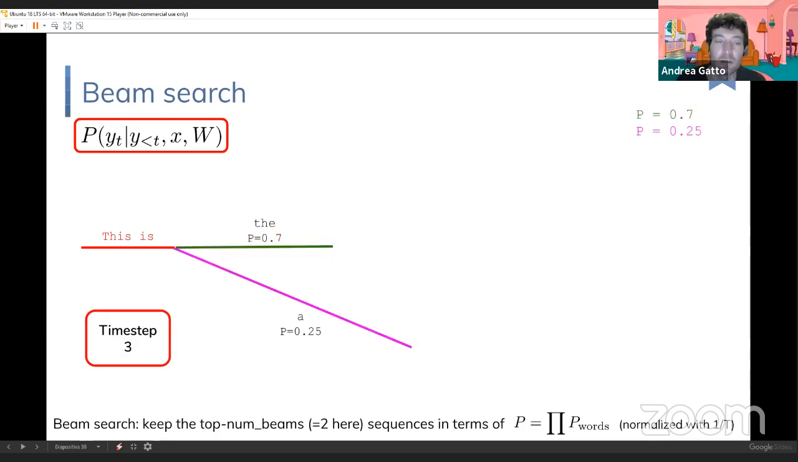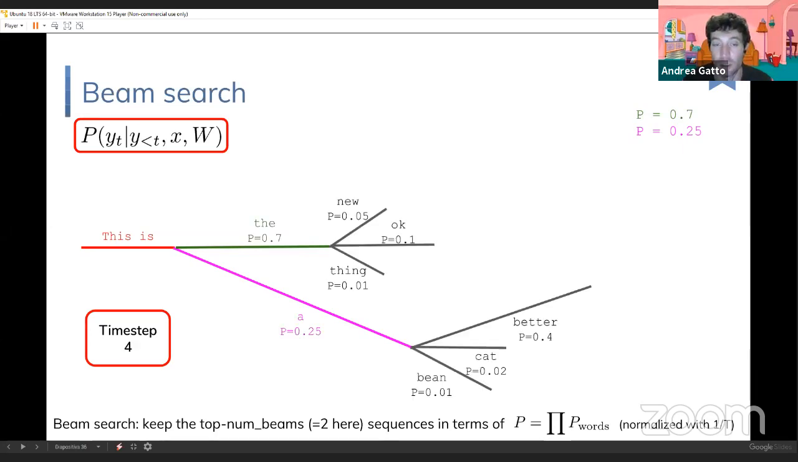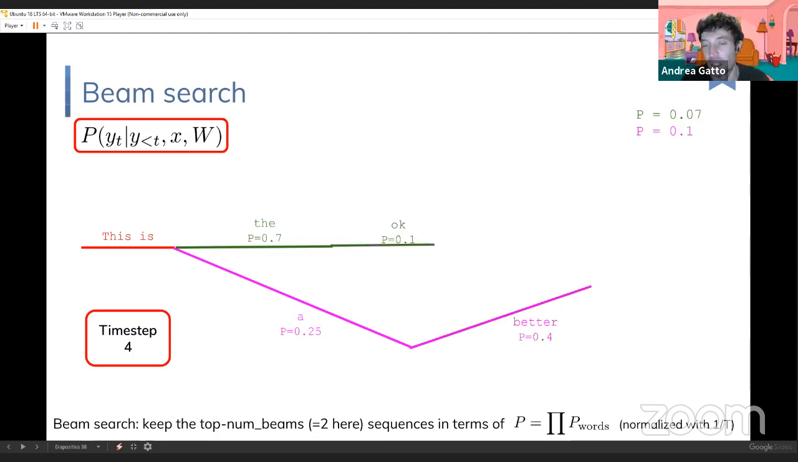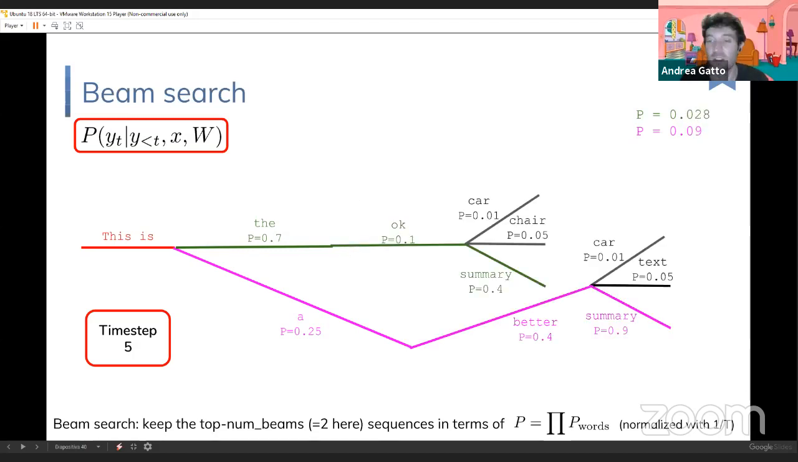And for this reason, we use beam search, which is exactly the same as before, because in fact, greedy search is a special case of beam search, but we no longer follow one single path, we follow a number of paths that we decide. So in our case, it will be 2. So we generate text for all these beams, for all these paths. We keep track of the sequence. So in this case, we are no longer maximizing the probability of the word that is generated, but we are maximizing the probability of the sequence, of the path, which is the multiplication